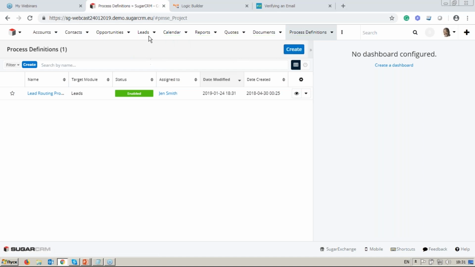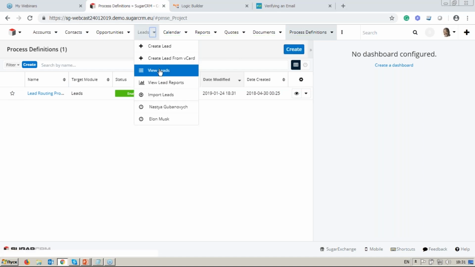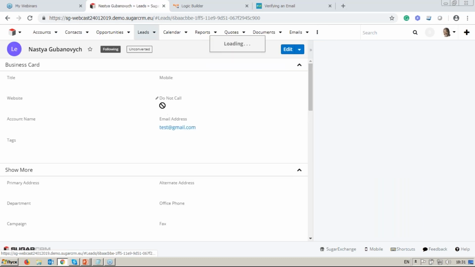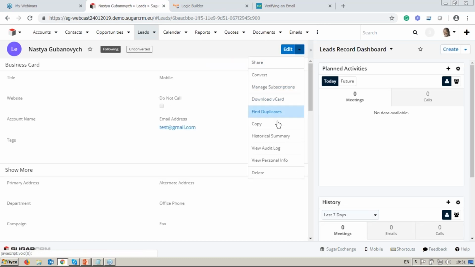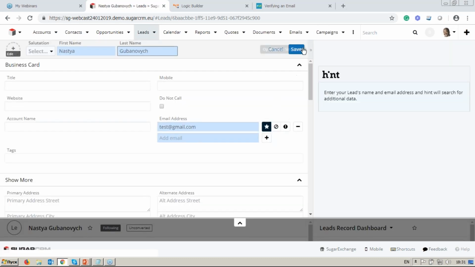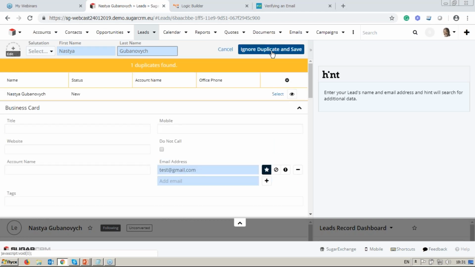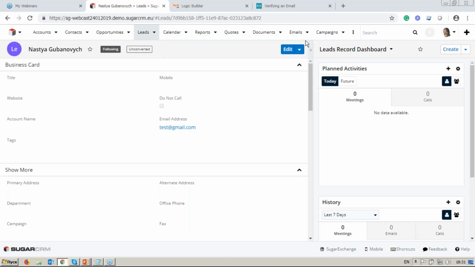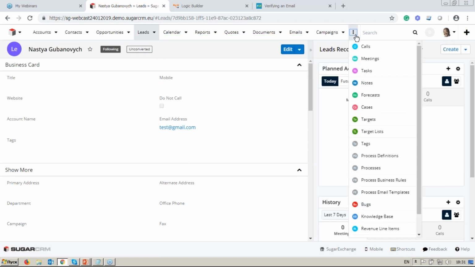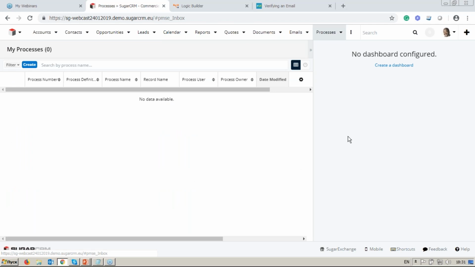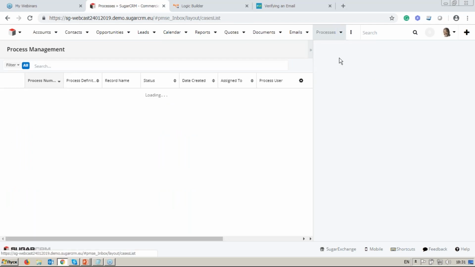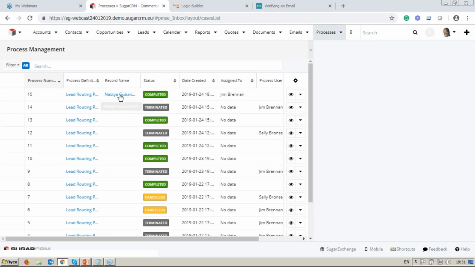And again, let's create a new lead to see how it works. Let's copy the one we just created. Let's choose copy and save. And okay, let it be duplicates. And also, to see how this process works, let's go to the processes module. And in process management, we see that for this lead the routing process is completed. And let's take a look